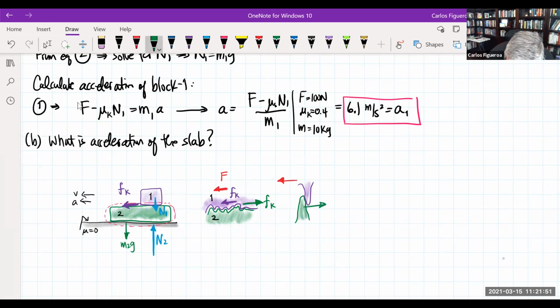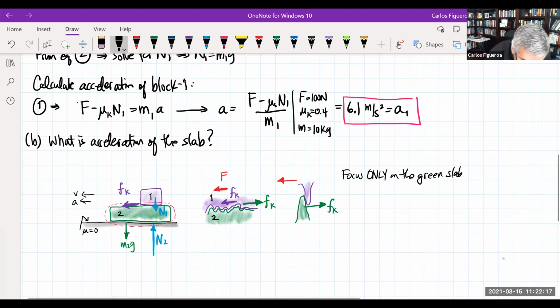It's stopping it. So it applies a frictional force in that direction. But now there is no red force. I'm only focusing on the green. So this is when we were focusing on that. So now if we focus only on the green slab,